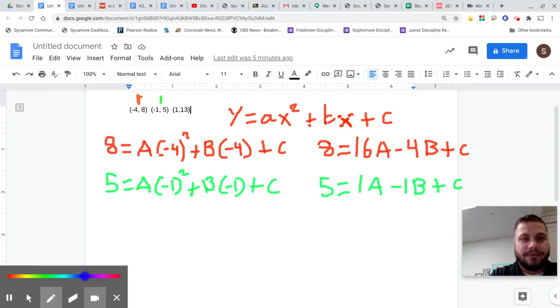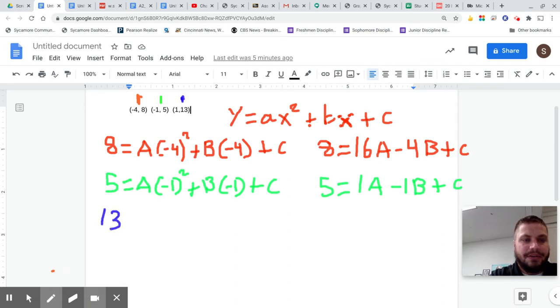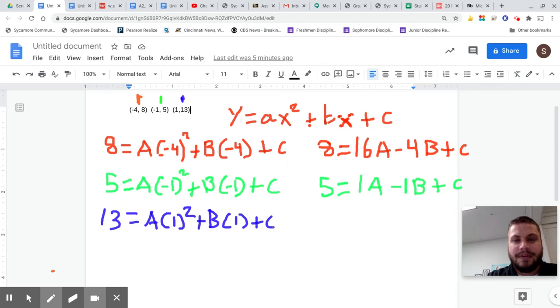Okay, next, we'll do this one in blue. I've got this y, 13, equals a times x, which is 1 squared, plus b times x, which is 1, plus c. So that's 13 equals 1a plus 1b